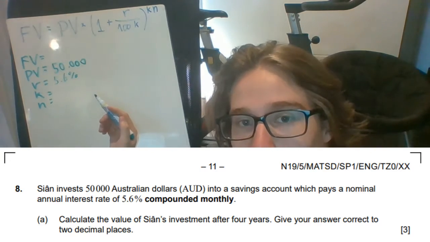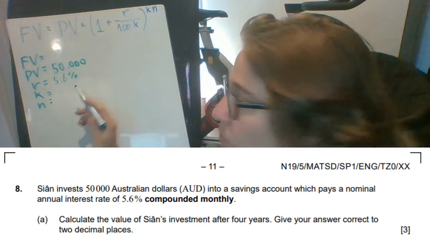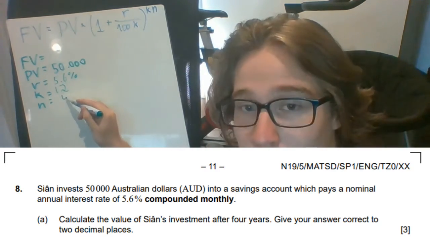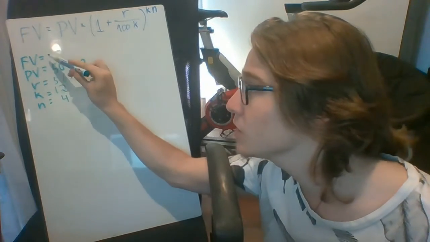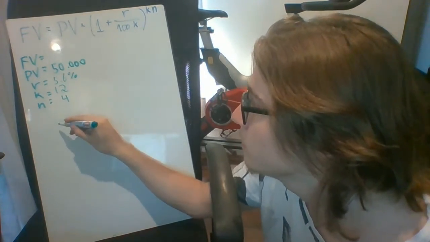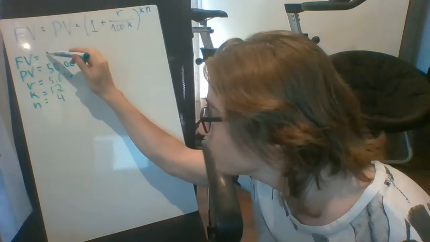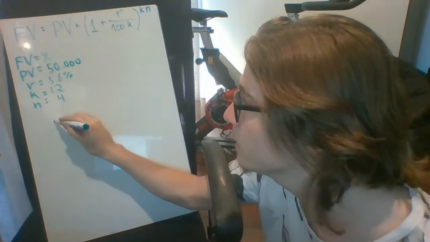It tells us compounded monthly, so in this scenario, K is going to be 12. N is 4 years, and we do not know what FV is, so this is going to be our variable in this scenario. We could even put in X here, which makes it easier to visualize. So we're going to have that X equals